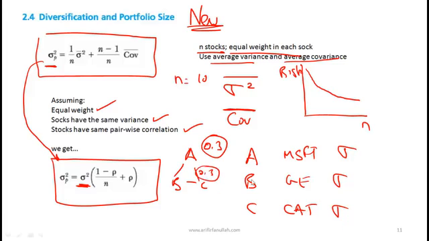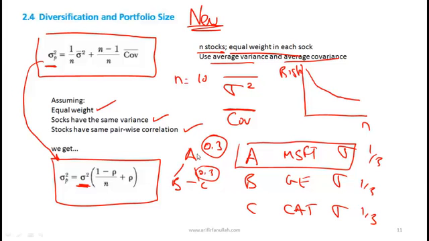Now just think about it. If you just put all your $1 million in Microsoft, would that be safer? Or if you take your $1 million, put a third in Microsoft, a third in GE, and a third in Caterpillar, what would be a better portfolio? A third. The fact is, even though the standard deviations are all the same and the correlations are the same, still there will be